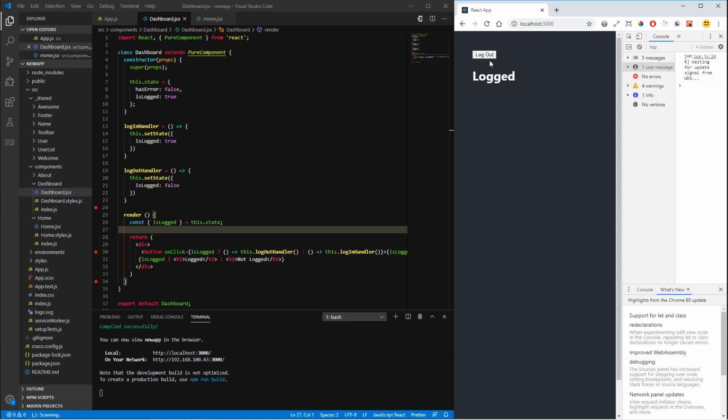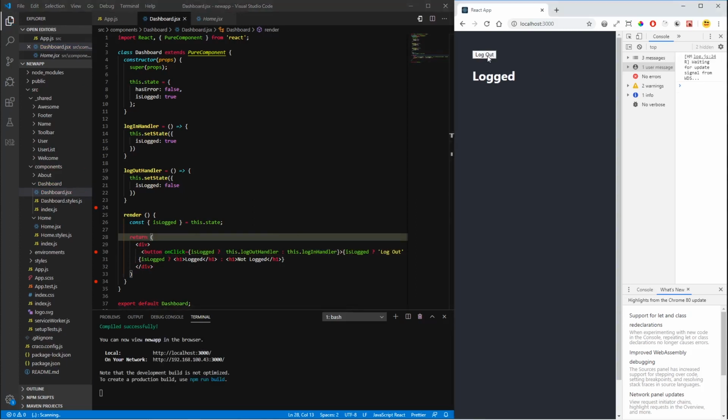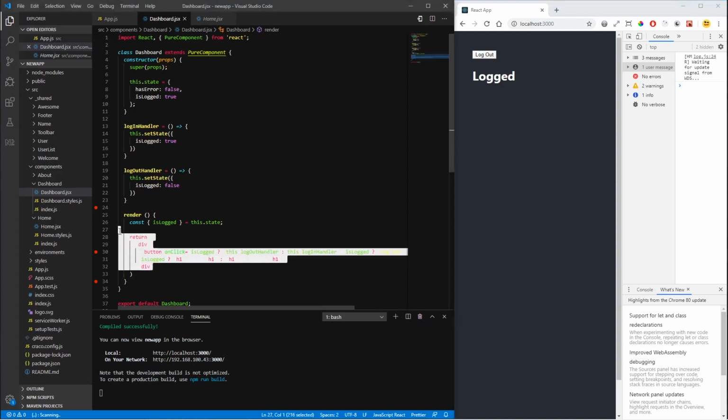Logout, logged, or we don't call them because we are not sending any parameters. We are just using set state. It will work. Now another way to do it is using JavaScript variables to store elements, and this will help